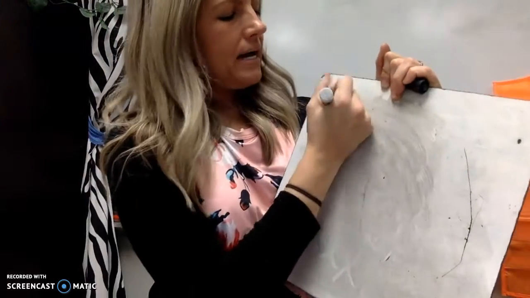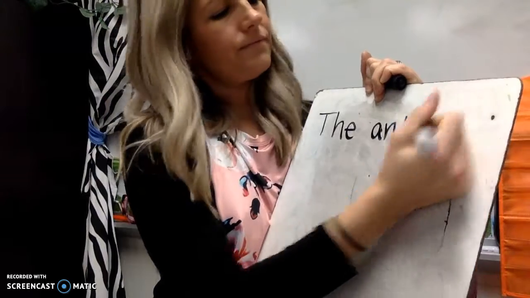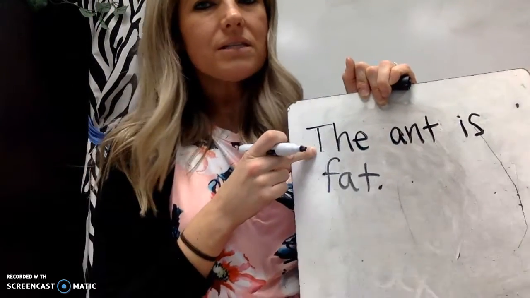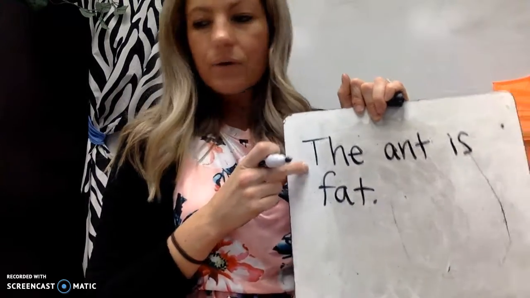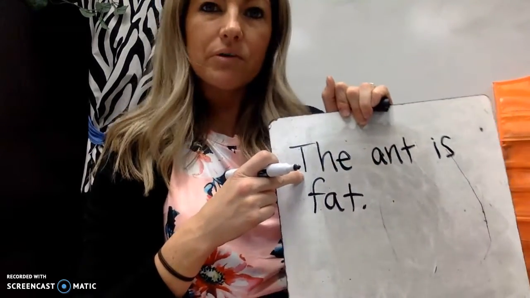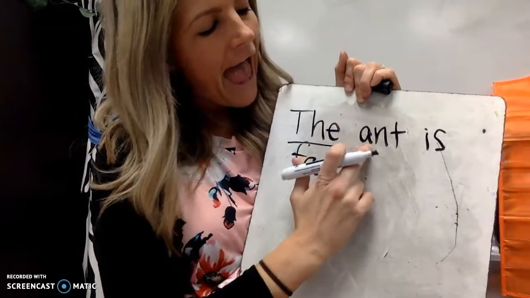All right, I'm going to write a sentence for us. We're going to start with this word. This is our sight word. This is a sight word that we've been working on. This is the word the. It's a word that we just have to memorize. The, ant,